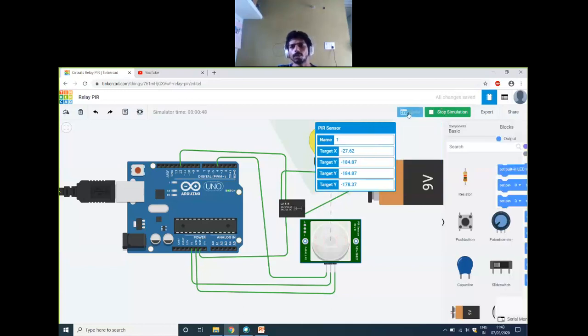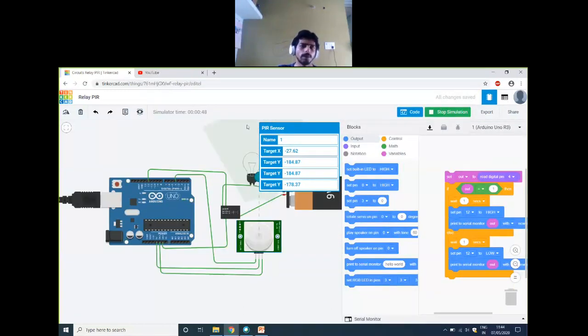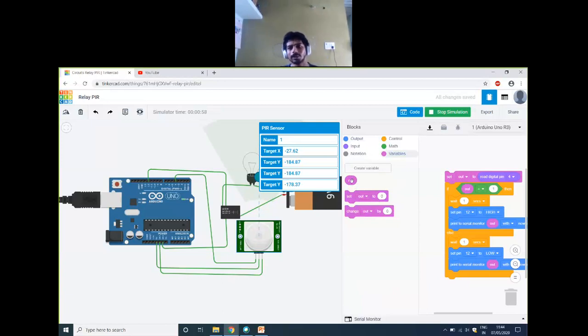This will be the code. If you observe here, I made a variable known as out. This out variable is a digital read of pin 4.